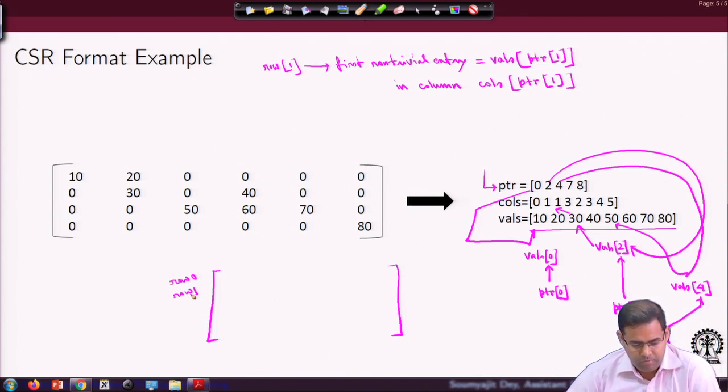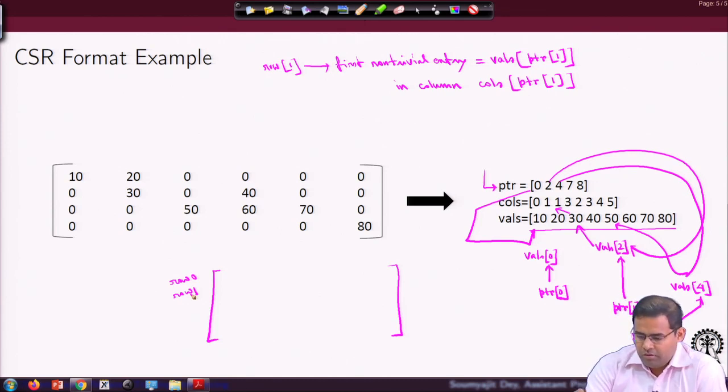Now, in row 1 what do we have? You use PTR 1's position, and since it contains 2, it tells me that the first non-trivial entry in row 1 is located at vals of PTR 1. So, whatever is the content of PTR 1, you now look into that location of vals, right.